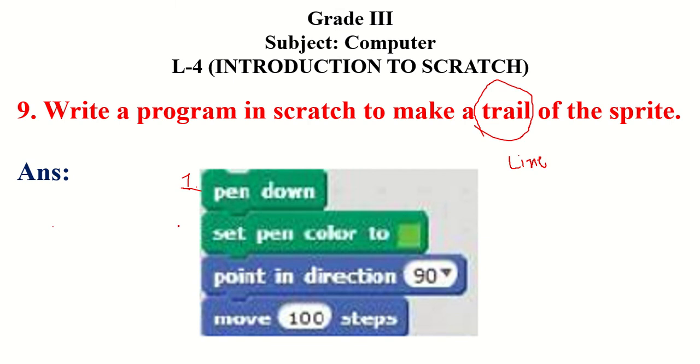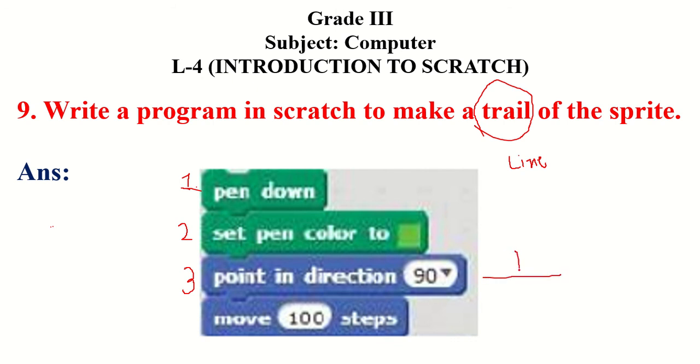After that, the second instruction is set pen color to green. By this instruction, the color of the pen will become green. Then the third instruction, point in direction. Point in direction is used to move the sprite in a particular direction.